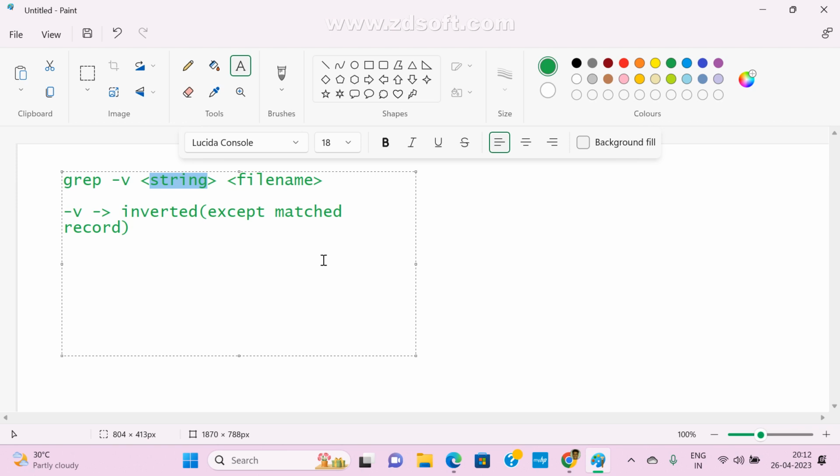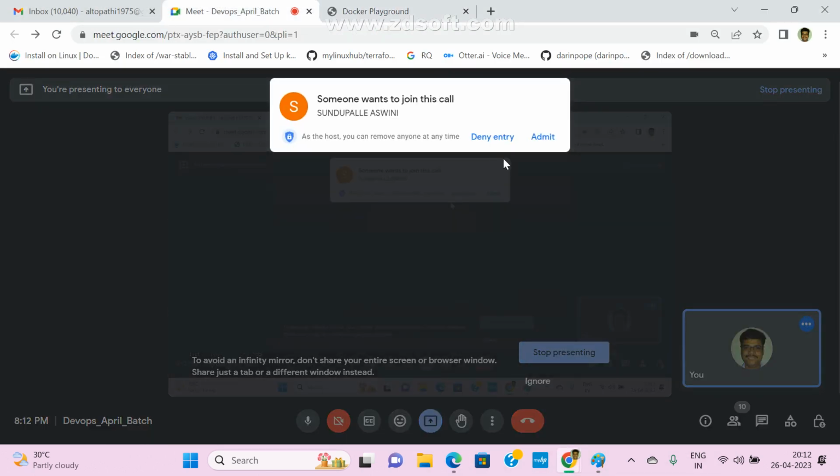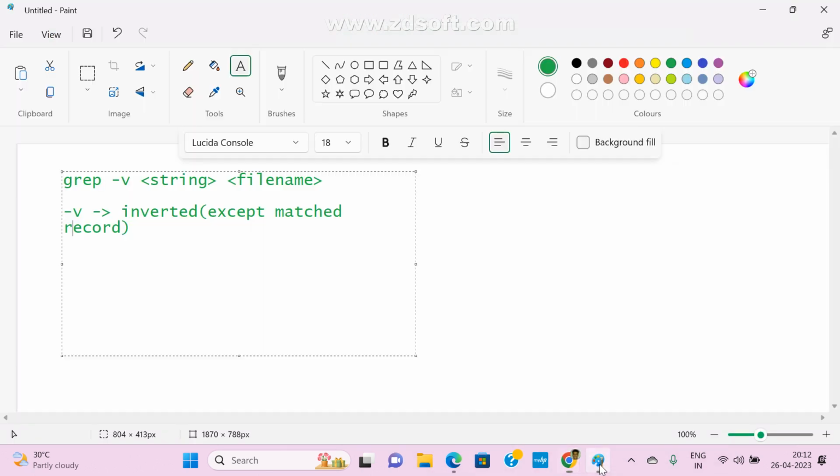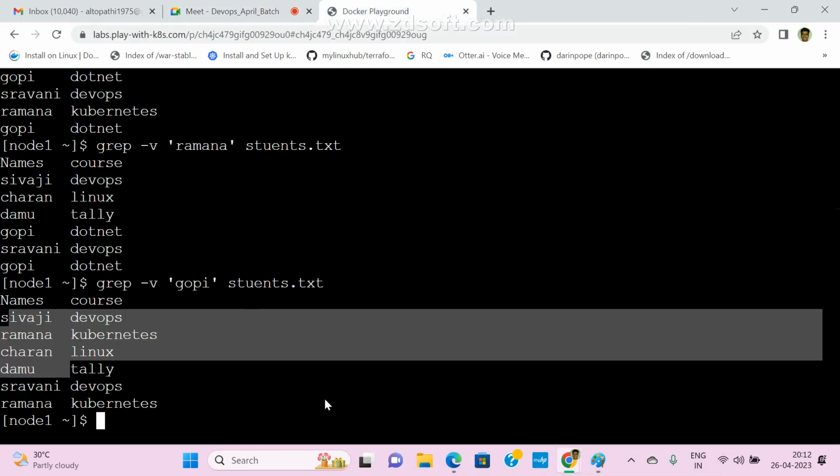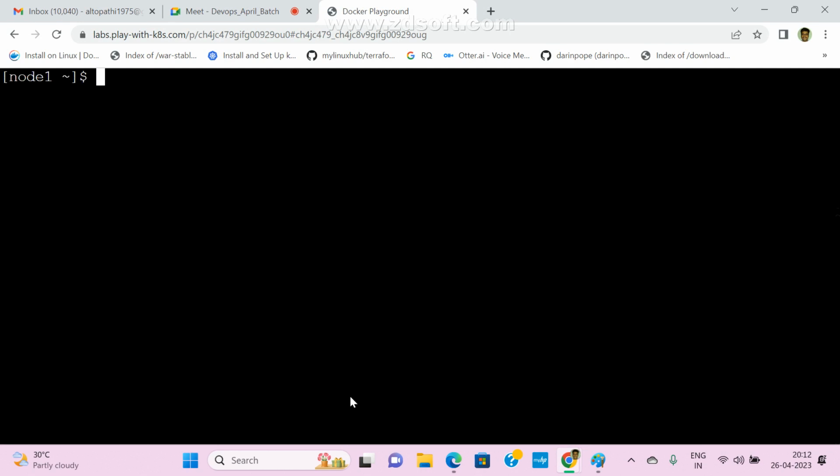Now, last class, if you want to search multiple strings, what is the command? Last class we saw, I want to search multiple strings. So grep, and for example Ramana I give, and if you want to give another, for example Gopi, and the file name stu.